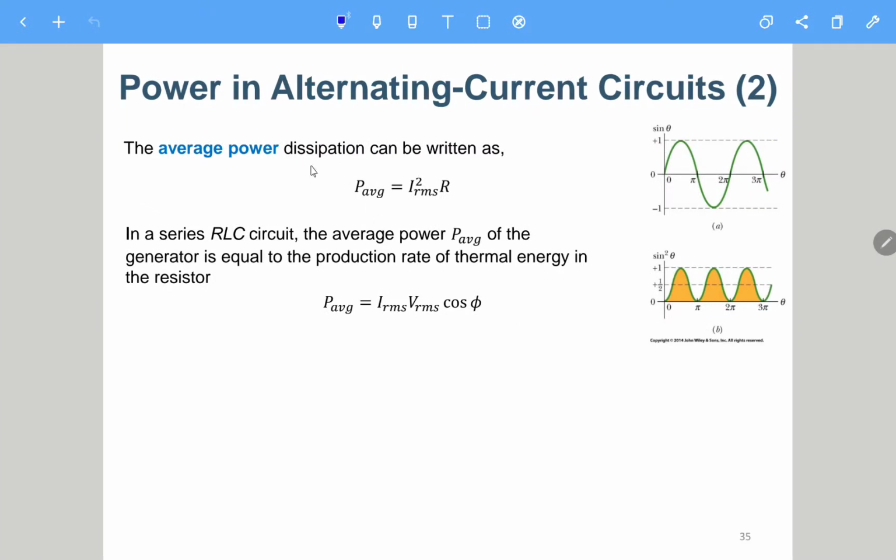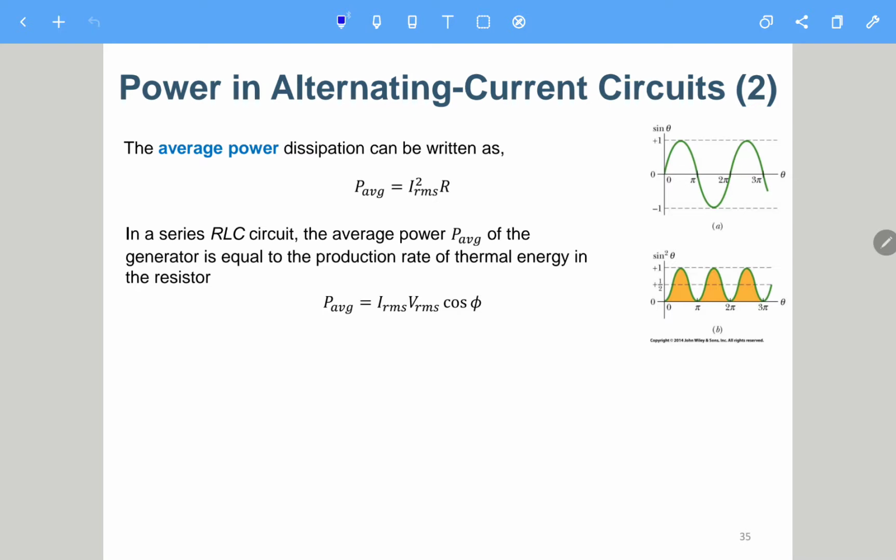Okay, so here we also talk about the power dissipated, which can be written as I root mean square squared times R, without the factor of 2, if we use the root mean square value. And here it also mentions that in a series RLC circuit, the average power P average will be I RMS times V RMS times cosine of theta